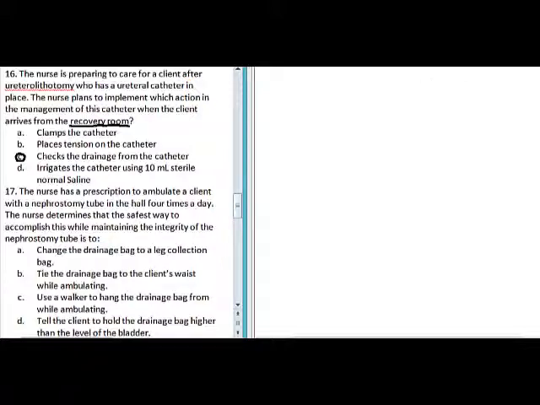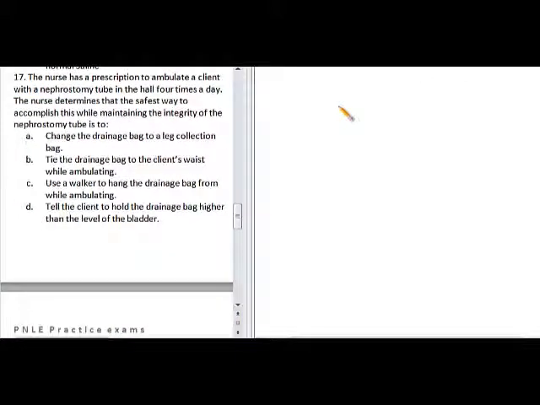number 17. Nurse has a prescription to ambulate the client with a nephrostomy tube in the hall 4 times a day. Nurse determined that the safest way to accomplish this while maintaining the integrity of the nephrostomy tube is answer letter A. Because letter A is the best way to promote